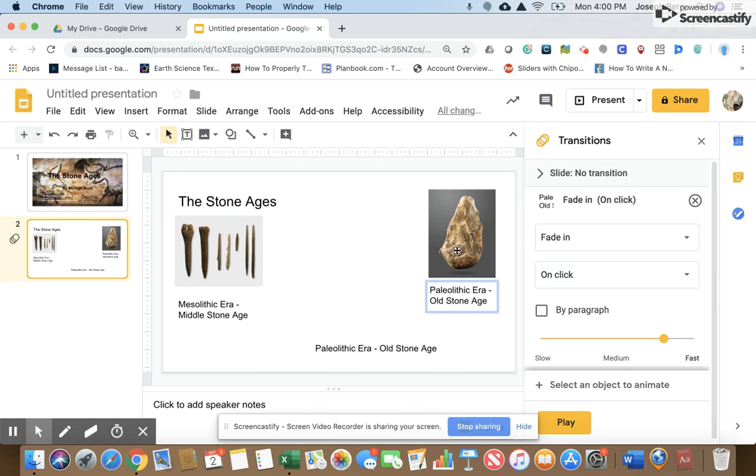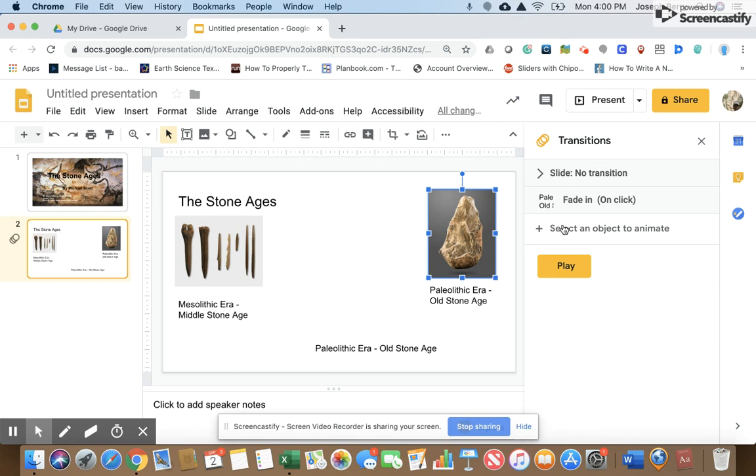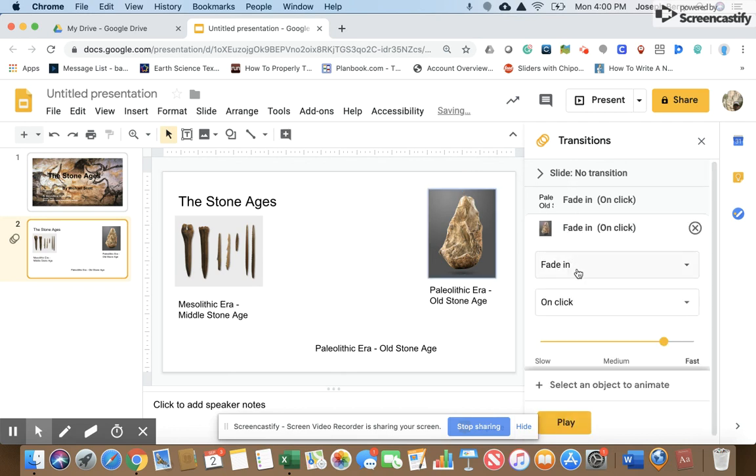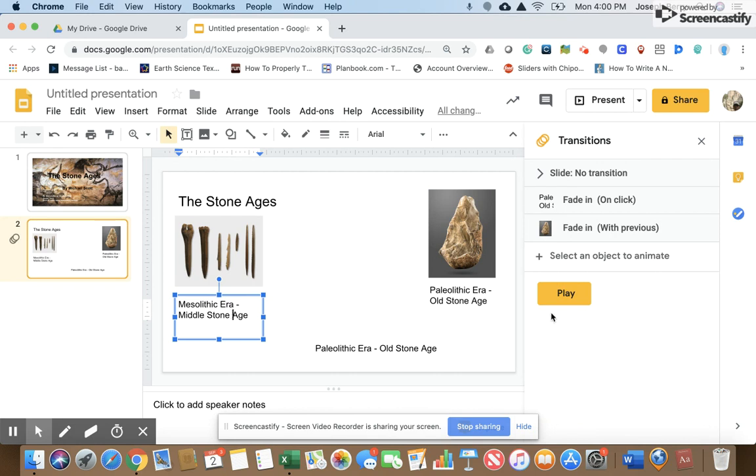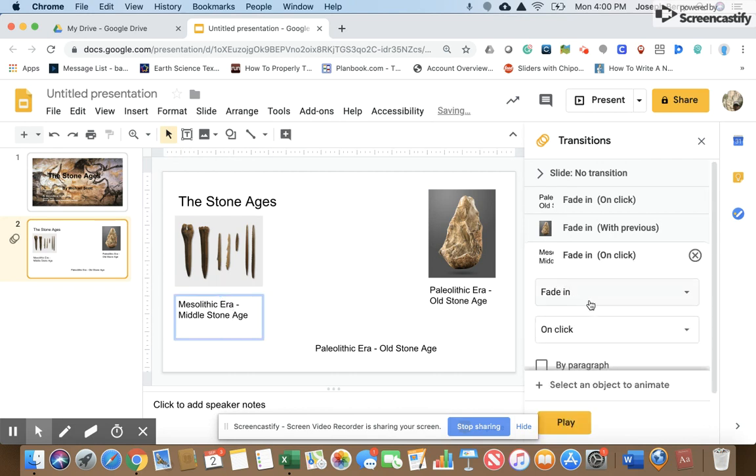And then the stone tool we want to come up at the same time, so we add that, but we want it to come in at the same time as the previous. Okay, and then we're going to go ahead and click on Mesolithic. We're going to add a select object. It can fade in. There's different things. You could have it